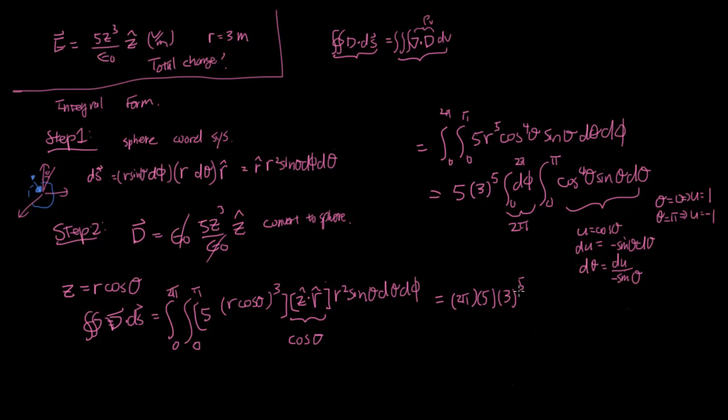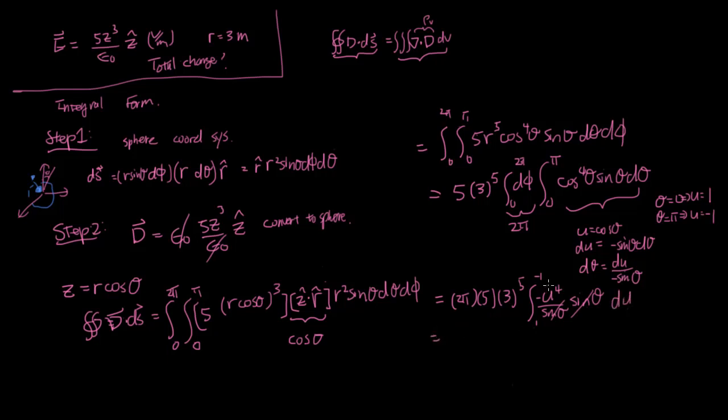Let's leave that 5 out for now. I have a feeling that that might come in handy. The 2 pi is from here, and then we have the integral from 0 to pi, so 1 to minus 1 of u to the fourth, sine theta, minus sine theta, let's put the minus sign there, times sine theta